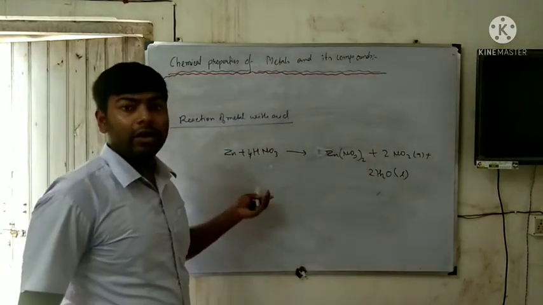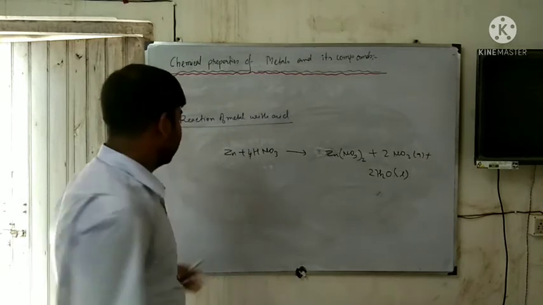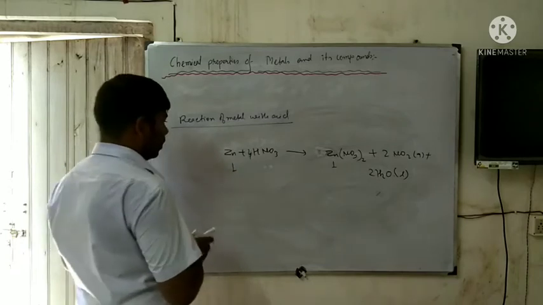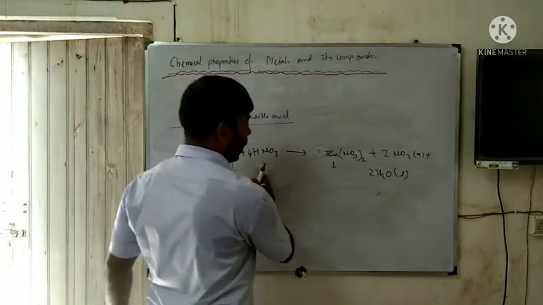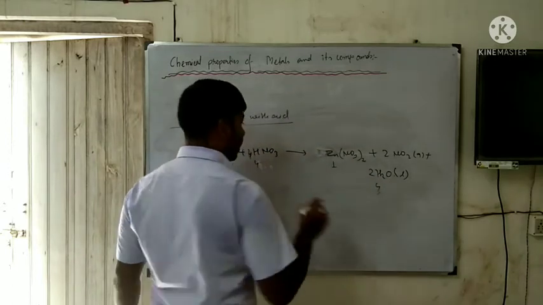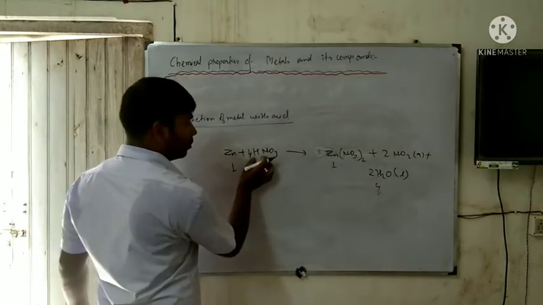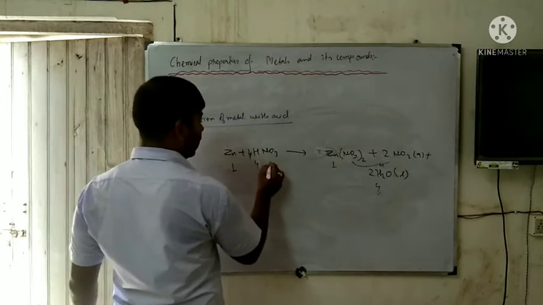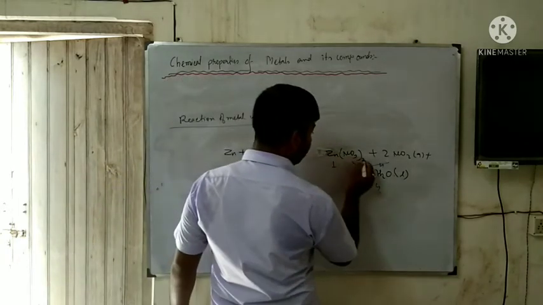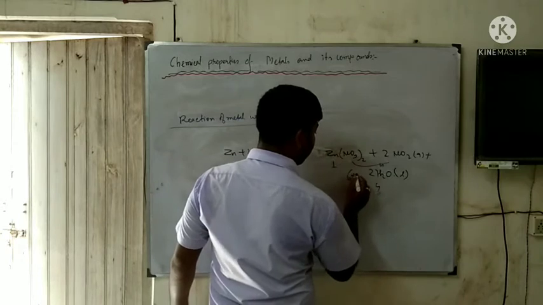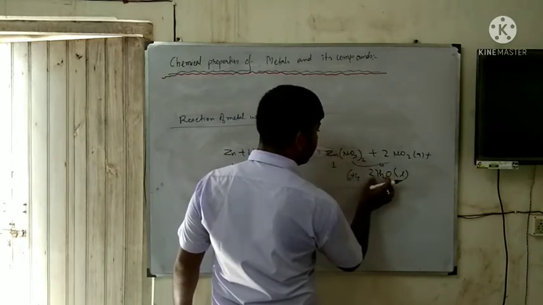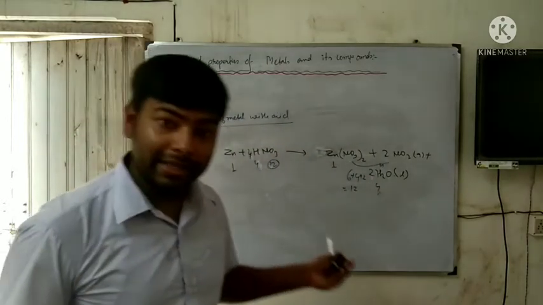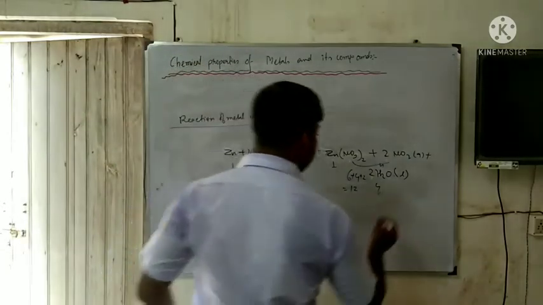Now just try to balance it and see if the ratio is balanced or not. Zinc is how much? 1 zinc. Hydrogen is 4 hydrogen here, and on the other side 2 water gives 4 hydrogen. Correct. Nitrogen here is 4 nitrogen, and on the other side 2 nitrogen plus 2 nitrogen, 4 nitrogen. Oxygen here is 4 times 3, 12 oxygen. On the other side, 3 times 2 is 6 oxygen, 2 times 2 is 4 oxygen, and 2 oxygen, so it is 12 oxygen. So the reaction is balanced, and the reaction does not have any kind of hydrogen gas,